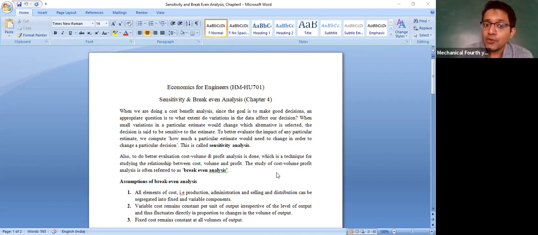So cost volume profit analysis is often referred to as break-even analysis. Break-even analysis, in a very simple word, we said we are doing with sensitivity. We said sensitivity is finding out the change in estimate and the end result. Break-even analysis is we are finding, in a very simple word, how much amount we invested and when do we